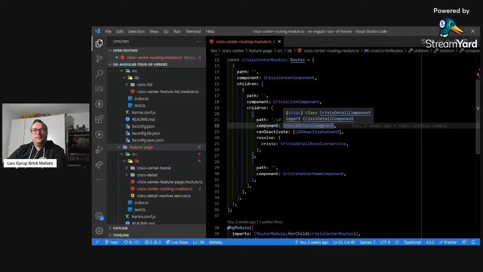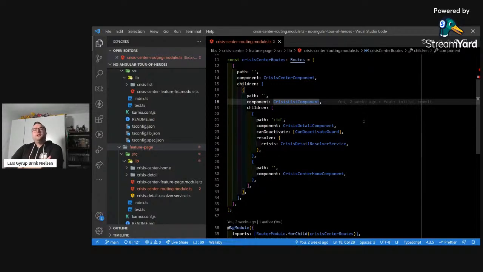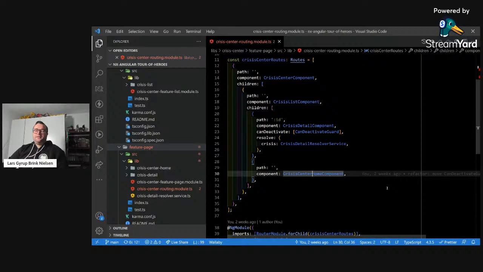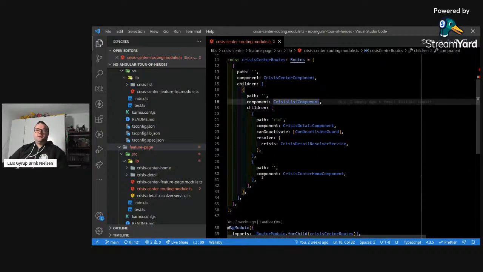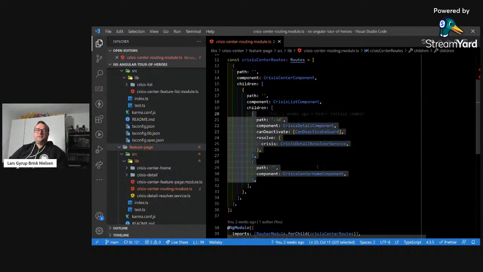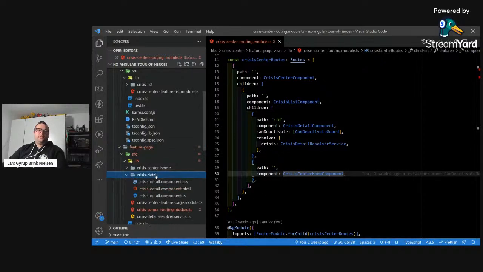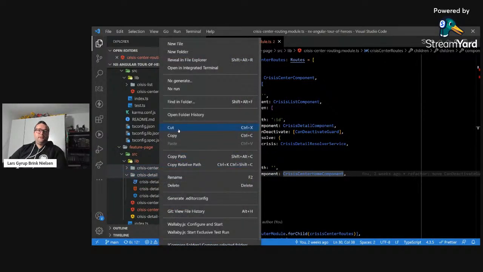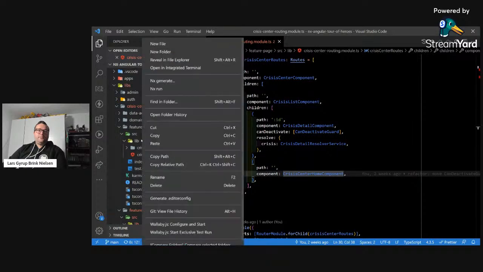A detail component or feature is also kind of related to the list component or the list feature, especially when they're shown at the same time, and they are in this app. We'll open it once we finish this refactoring. What about the home component? Well, it doesn't really have much to do with the list, but because of the way this app is currently structured, yeah, let's do that. Let's take these two folders with components, cut them out, and add them to the feature